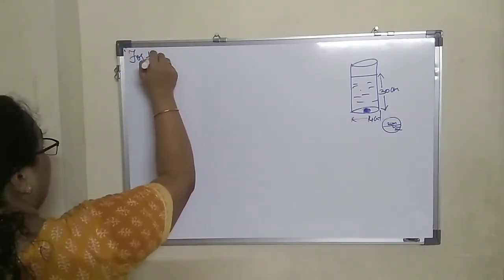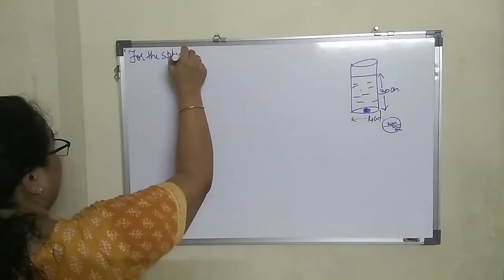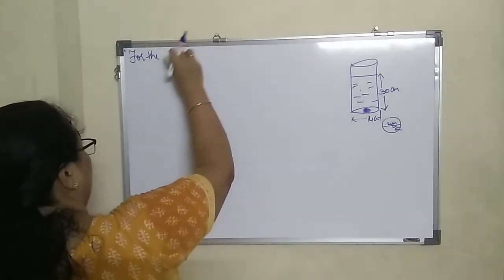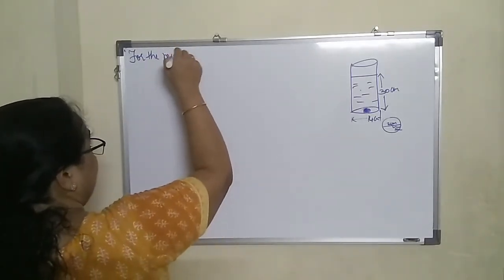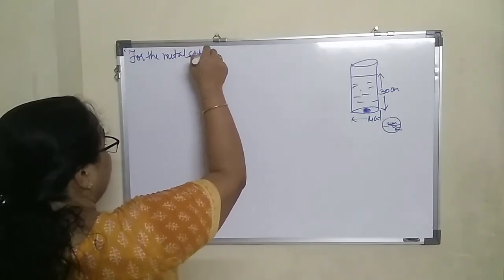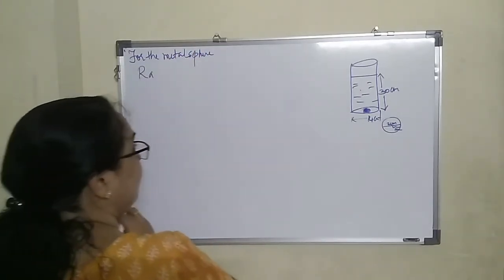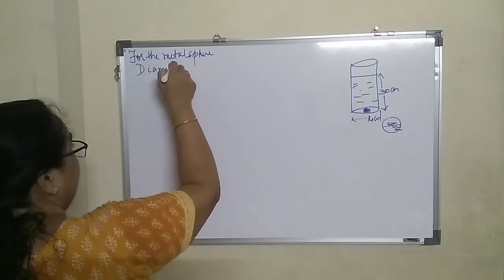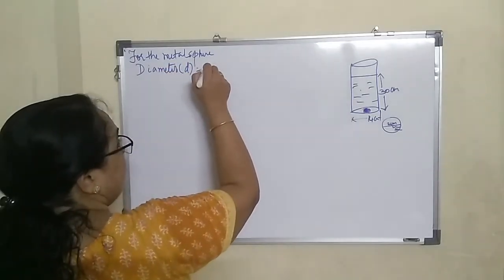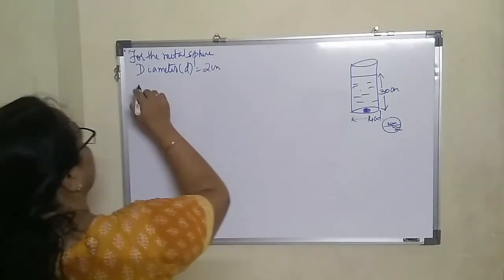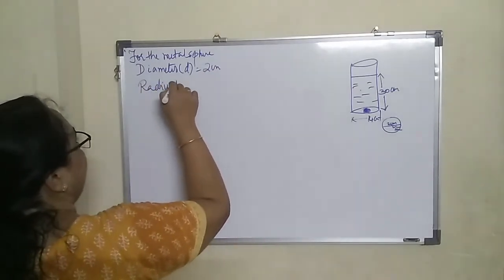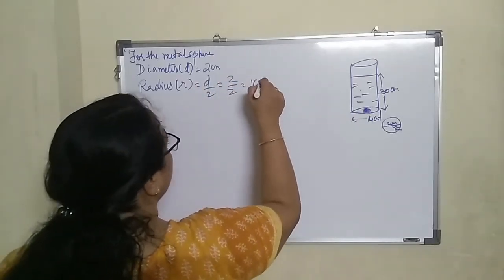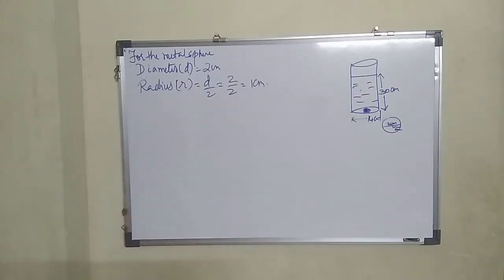Okay, so let us start. For the sphere, what is the specific word given in the question? Metal sphere. Now let us stick to that only. For the metal sphere, we need only, yes, very correct, radius. But is the radius given? No. What is given? Diameter. What is the diameter? D, that is 2 centimeter. Radius R is equal to D upon 2, 2 upon 2, so 1 centimeter. Is that very clear? Understood?